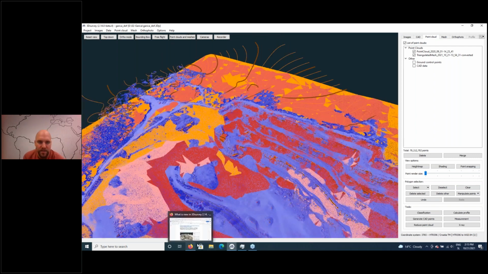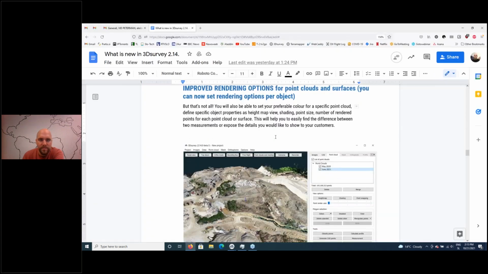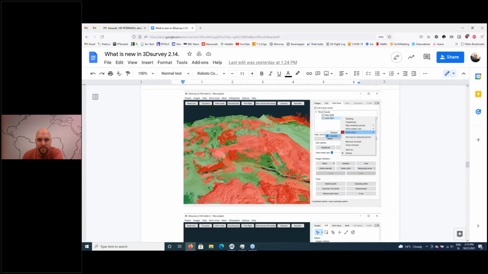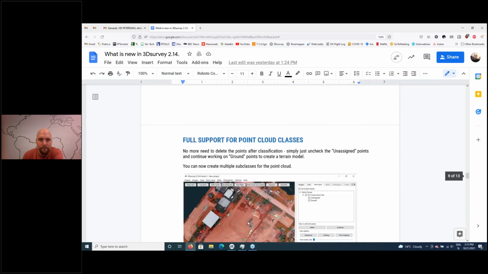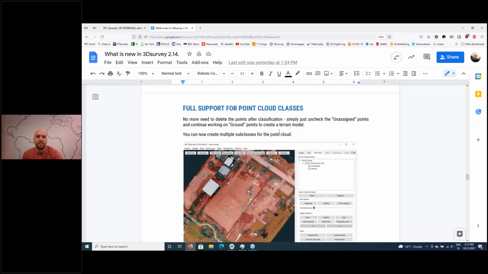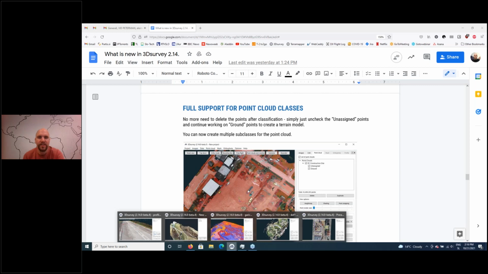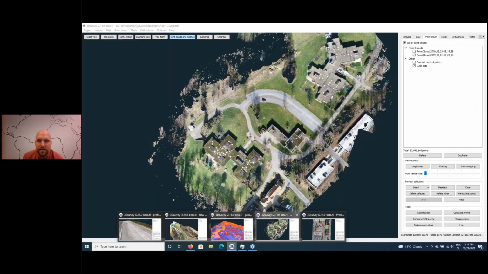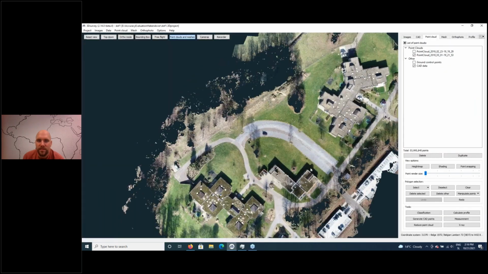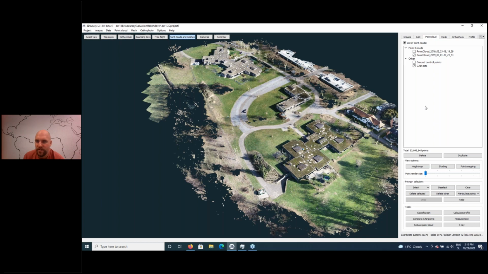Okay, so this was feature number 5. Now, feature number 6: we started adding support for point classes to 3Dsurvey. So in here we have a point cloud. Now, when you do the classification,